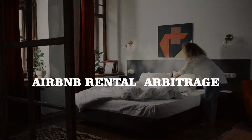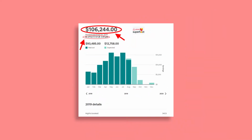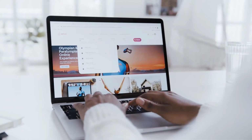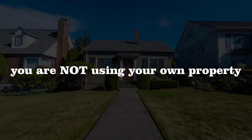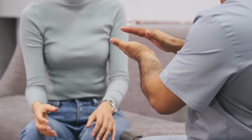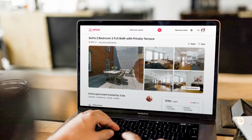Once you understand how Airbnb rental arbitrage works, you will realize that the people who are bringing in thousands per month, just like this, are the ones that leverage other people's property to save them time and money using the Airbnb platform. Airbnb is a great way to make money, but when it comes to Airbnb arbitrage, you are not using your own property. So for starters, your job is to convince a landlord to allow you to rent their